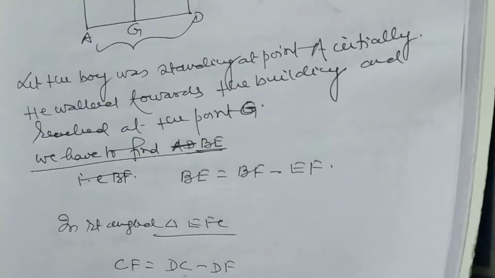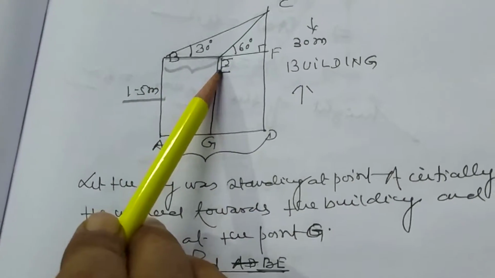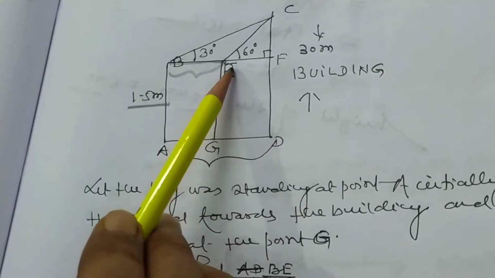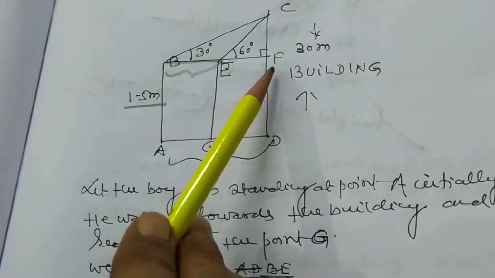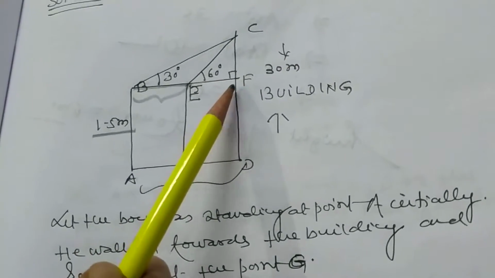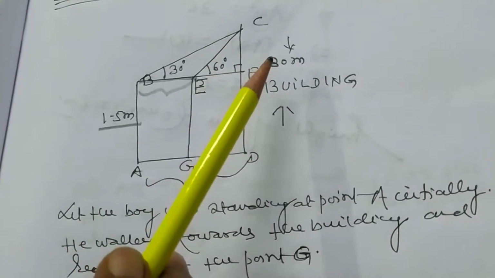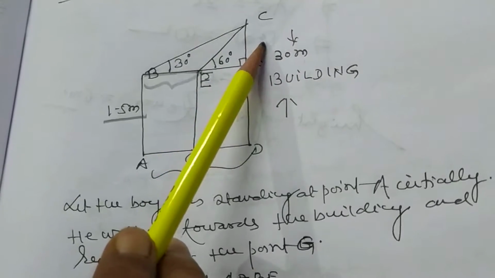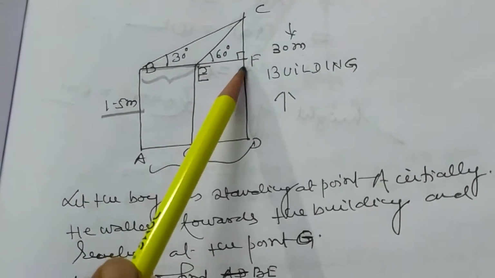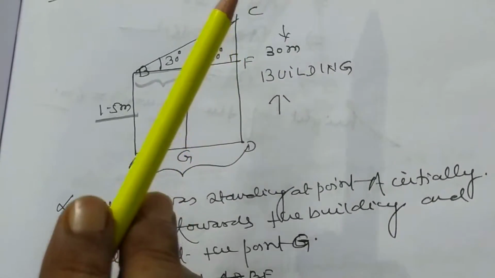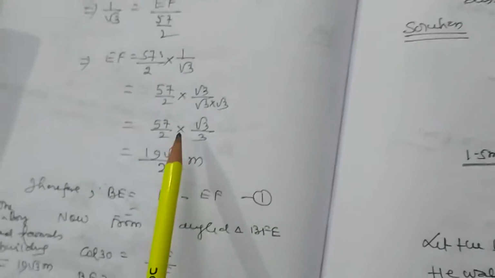So my dear student, from right angle triangle EFC we determine EF. Cot 60 degree is equal to EF by CF. We want to find what? EF. EF क्या हुआ? बेस हुआ. और ये क्या हुआ? CF. परपेंडिकुलर. CF दिया हुआ है, CF नीचे, EF ऊपर. तो इस तरह EF is equal to how much?